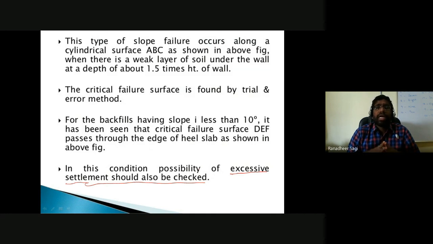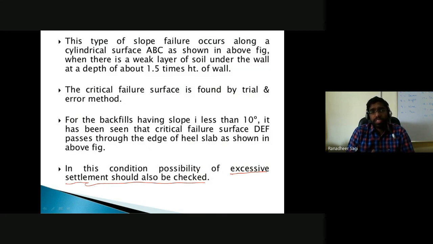Okay, so with this, I conclude the topic on earth pressure, and we have understood at length and in detail what is meant by earth pressure, in which we come across different states of earth pressure like active, passive or at-rest condition, for c-phi soil, only cohesive soil, or only cohesionless soil. For all different conditions we have seen: horizontal backfill, inclined backfill, retaining wall which is vertical and smooth, retaining wall which is vertical and inclined. And we have seen different theories based on which we can estimate the earth pressure values. It could be Rankine's earth pressure theory or Coulomb's earth pressure theory.